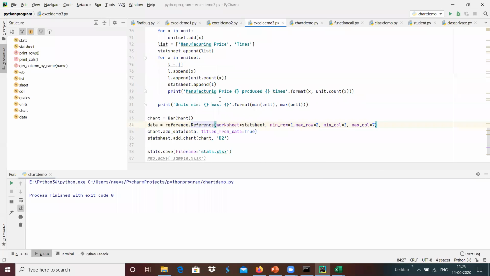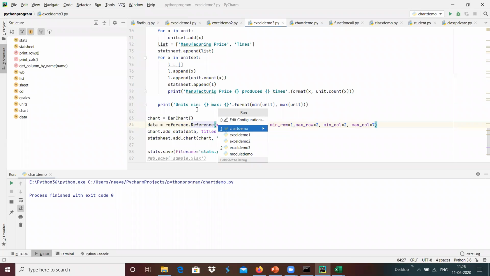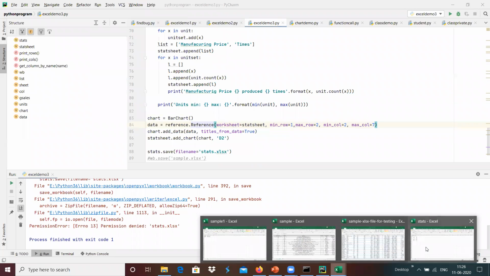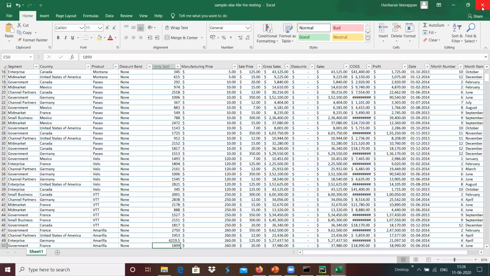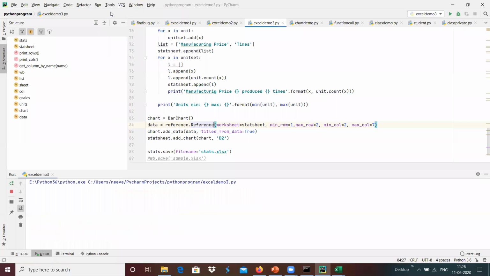And if we run this, run the Excel sheet demo 3. Yeah, stats is already open. We cannot do the update if it is open. And maybe I'm going to run this again, the Excel demo.